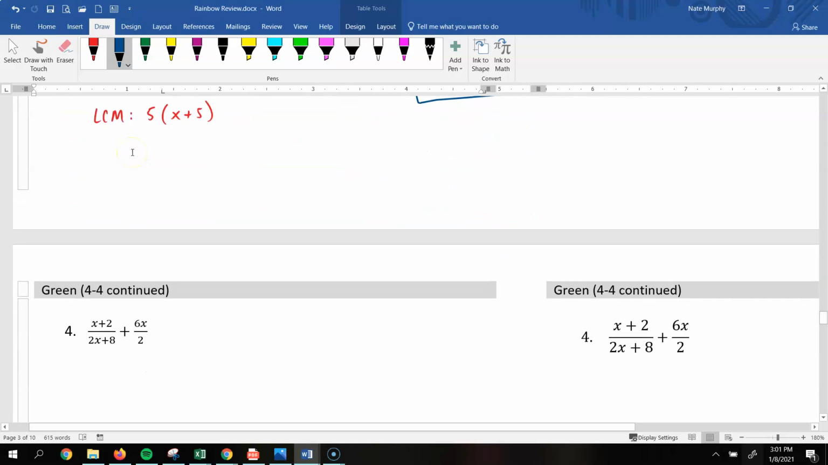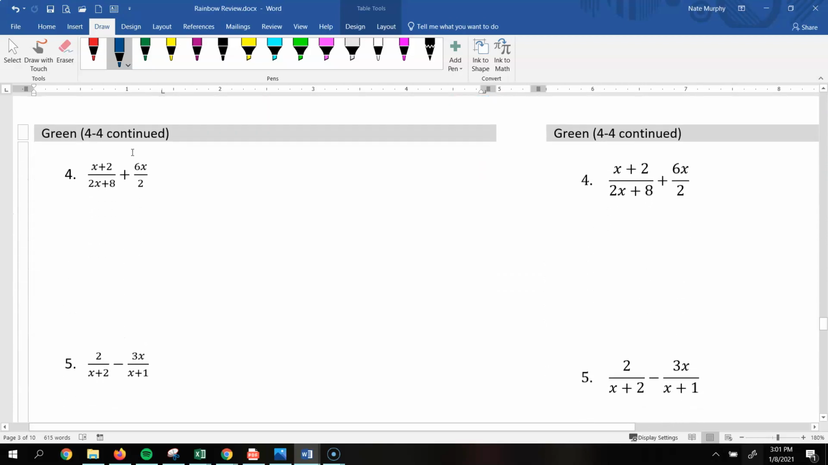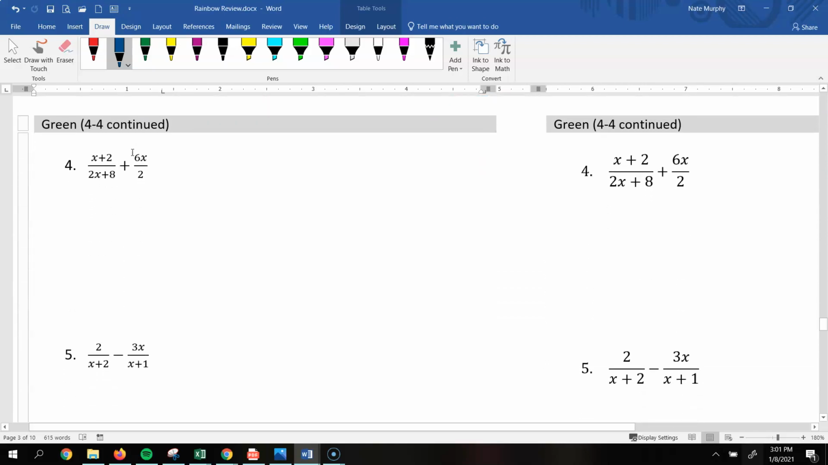All right, let's look at the back side of the green review. So this first one, again, we're doing more with adding and subtracting fractions. So we're going to simplify this denominator. We're going to look for the greatest common factor there. So this is going to simplify to be 2 times x plus 4